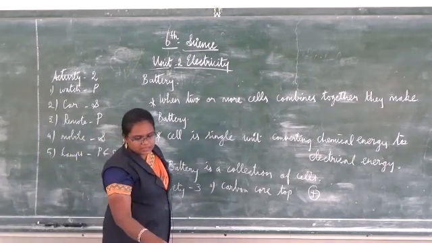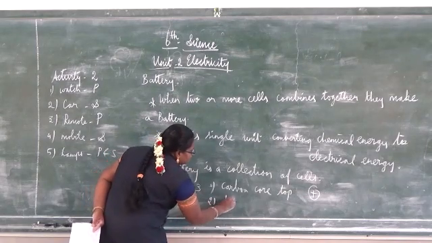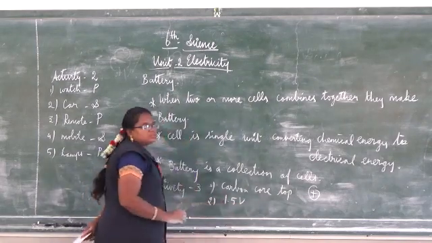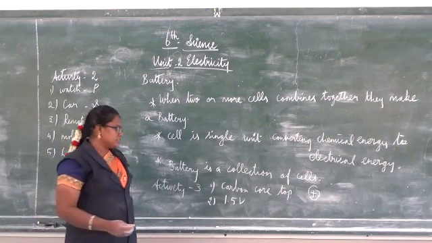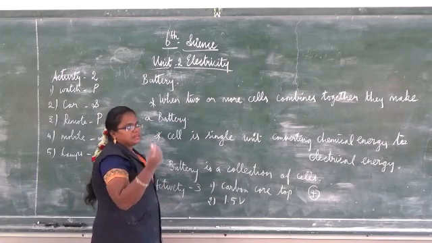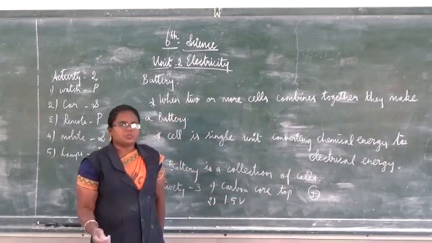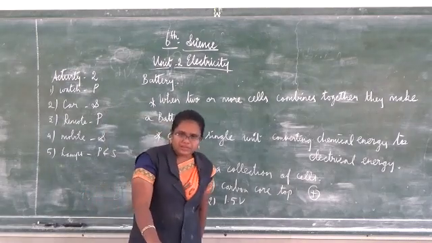The other one is the negative one. Next, what question do they ask? What is the output voltage? It will have 1.5 volt as the output voltage. Understand? Yes. The carbon core top is the positive side. The other side is the negative one. Then 1.5 volt will be the output voltage. That's all about activity 3.